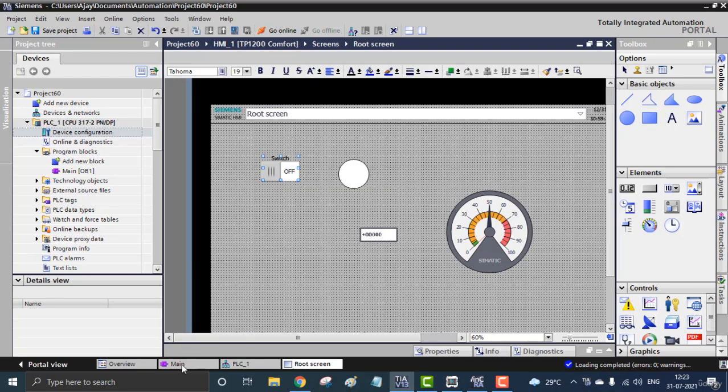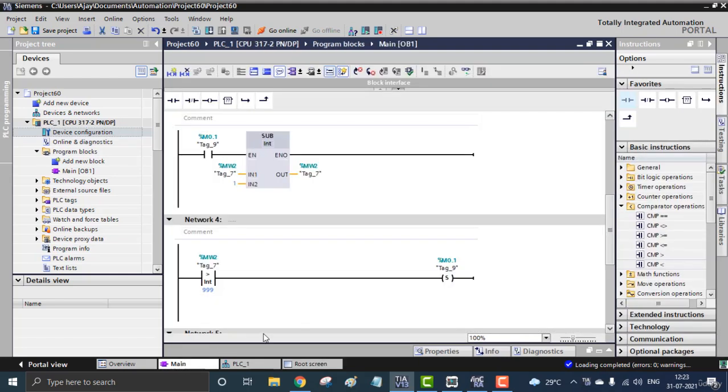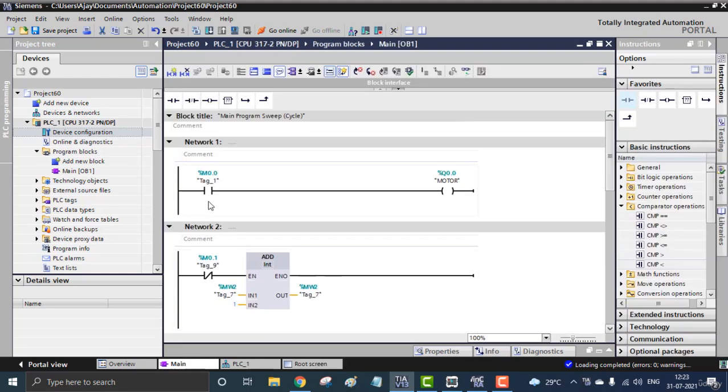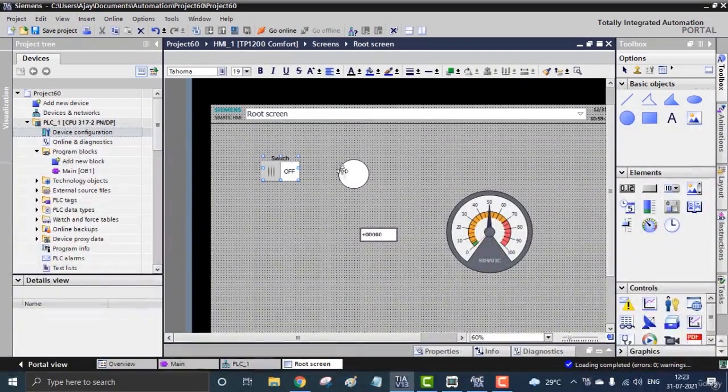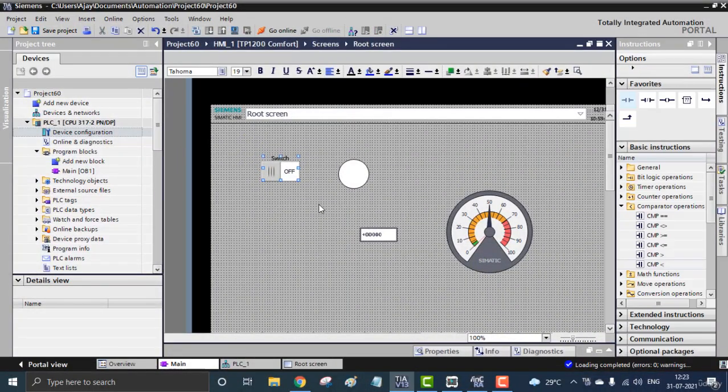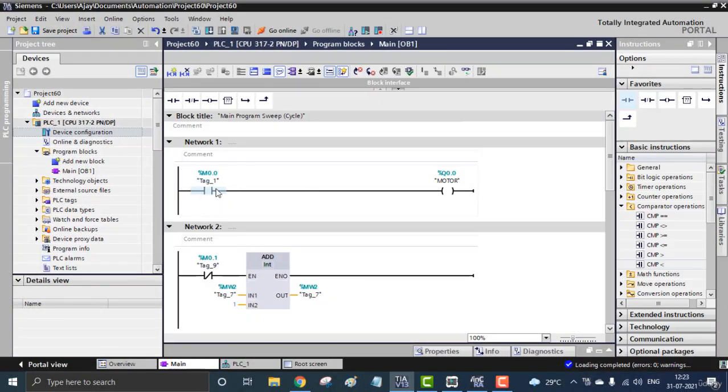Here you can see the main OB1, and I'm using a PLC program for the digital input. I'm using one input and one output. You can see that is actually M0.0.